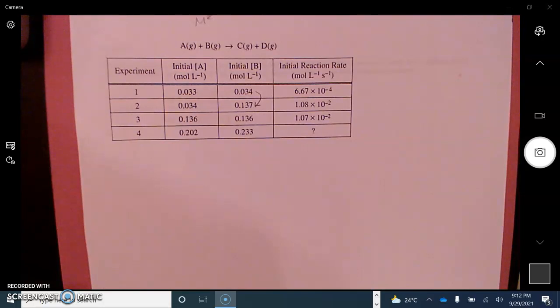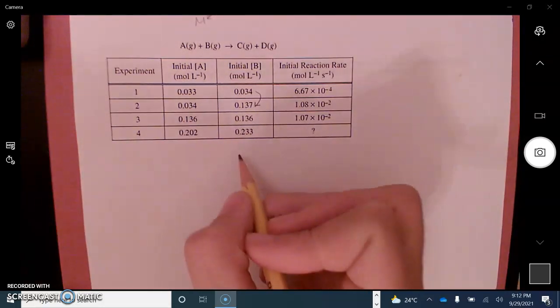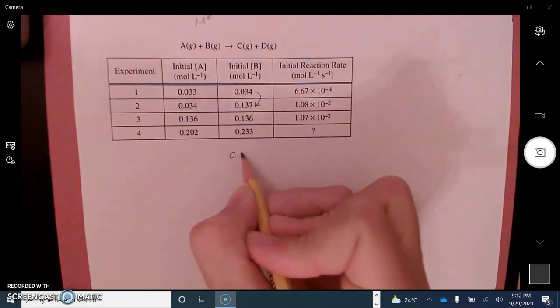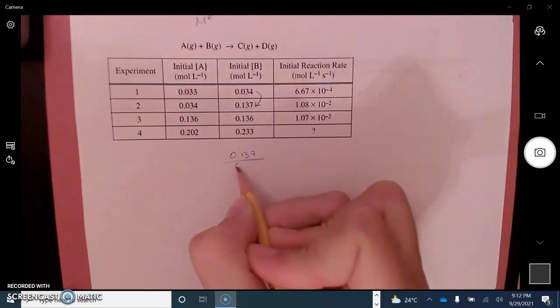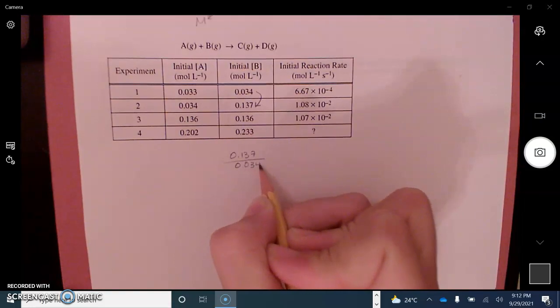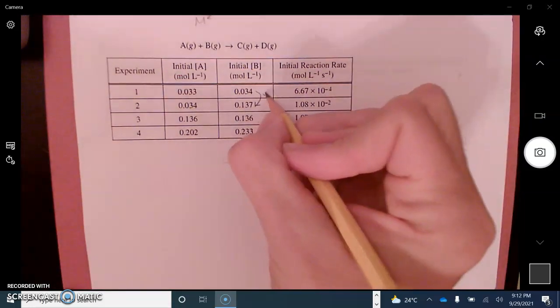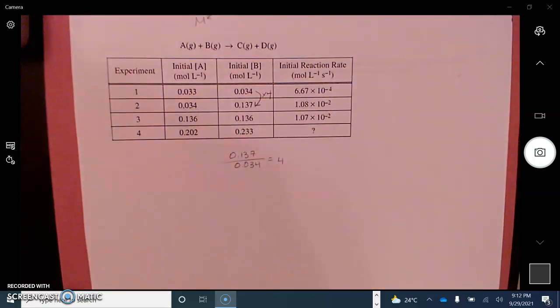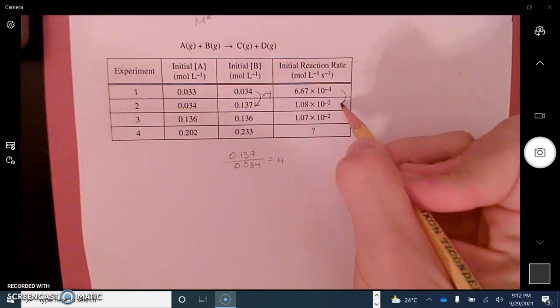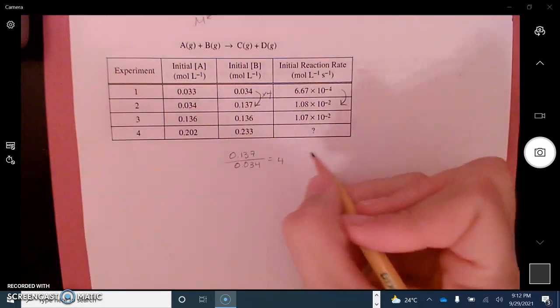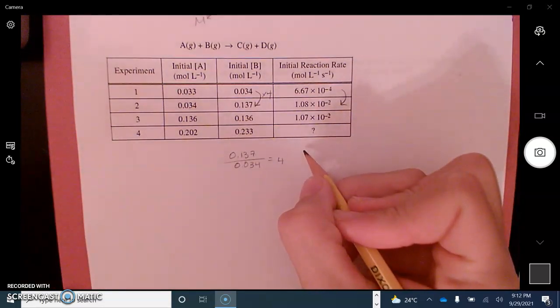has done something. If you're not confident in it, put it in your calculator. So let's say B, if I put 0.137 divided by 0.034 in my calculator, I get 4. So it's 4 times bigger. It has quadrupled. What has happened to the rate? Again, you might just want to put that in your calculator